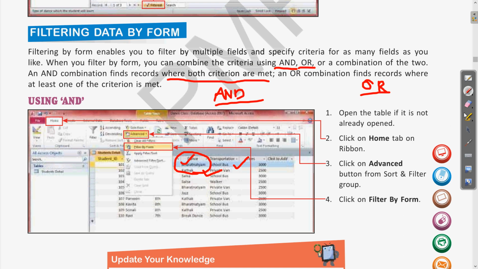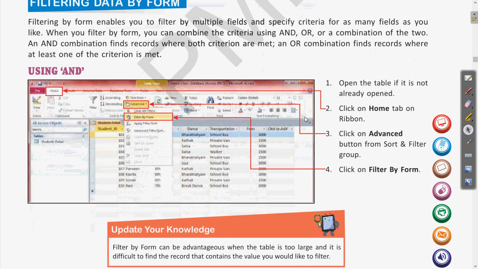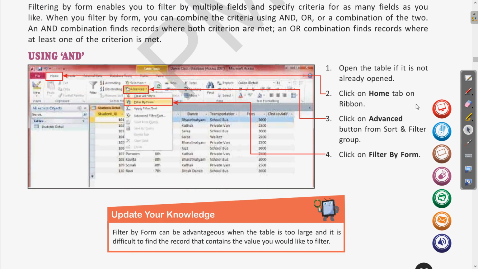So let us erase this first. Okay. So first is using AND. Read it and open the table if it is not already opened. Okay, we have already opened our table. Then click on the Home tab on the ribbon. All these features are in the Home tab only.